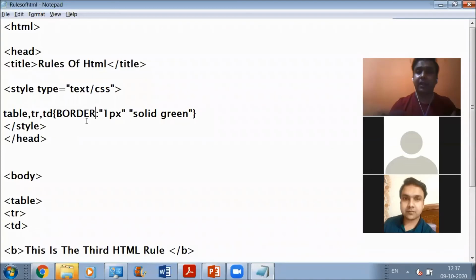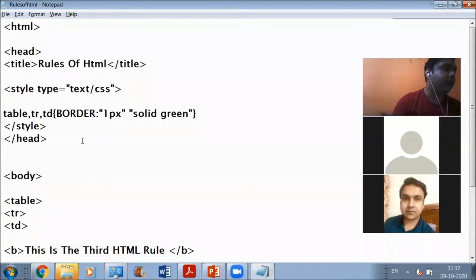It may be possible that if you have written the name of any attribute in lowercase letters, you might not be able to get the required output. Okay, so in that case what you have to do, you have to make use of uppercase letters for writing down the name of that attribute. Okay, if it is not giving you the required output, if it is not giving you the desired output, then only you have to do this thing. What is this fifth point saying?